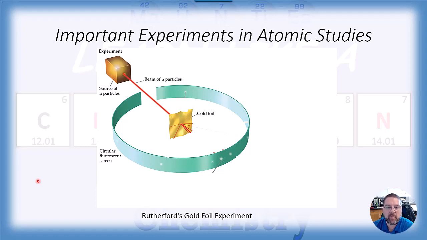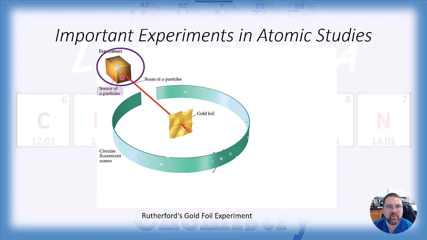He designed an experiment known as the gold foil experiment. This is one of the really important experiments in the history of atomic theory. There were four main parts to the gold foil experiment. The first part was this source of alpha radiation. Now,